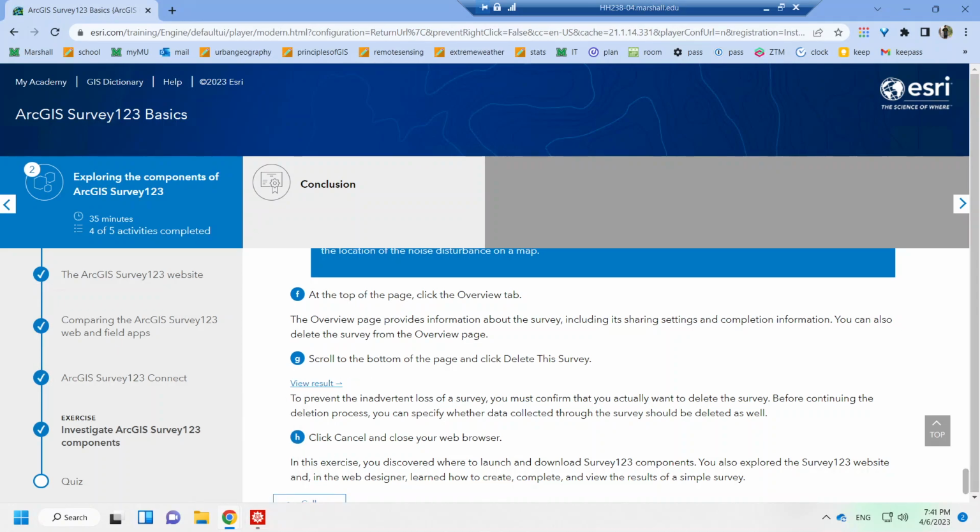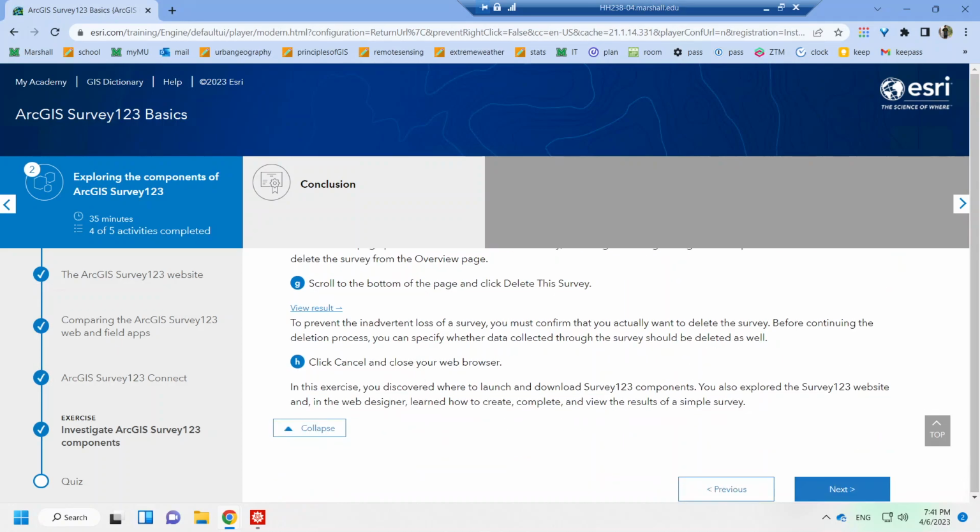To prevent the inadvertent loss of a survey, you must confirm that you actually want to delete the survey. Before continuing the deletion process, you can specify whether data collected through the survey should be deleted as well. Click Cancel and close your web browser. In this exercise, you discover where to launch and download Survey123 components. You also explored the Survey123 website and in the web designer learned how to create, complete, and view the results